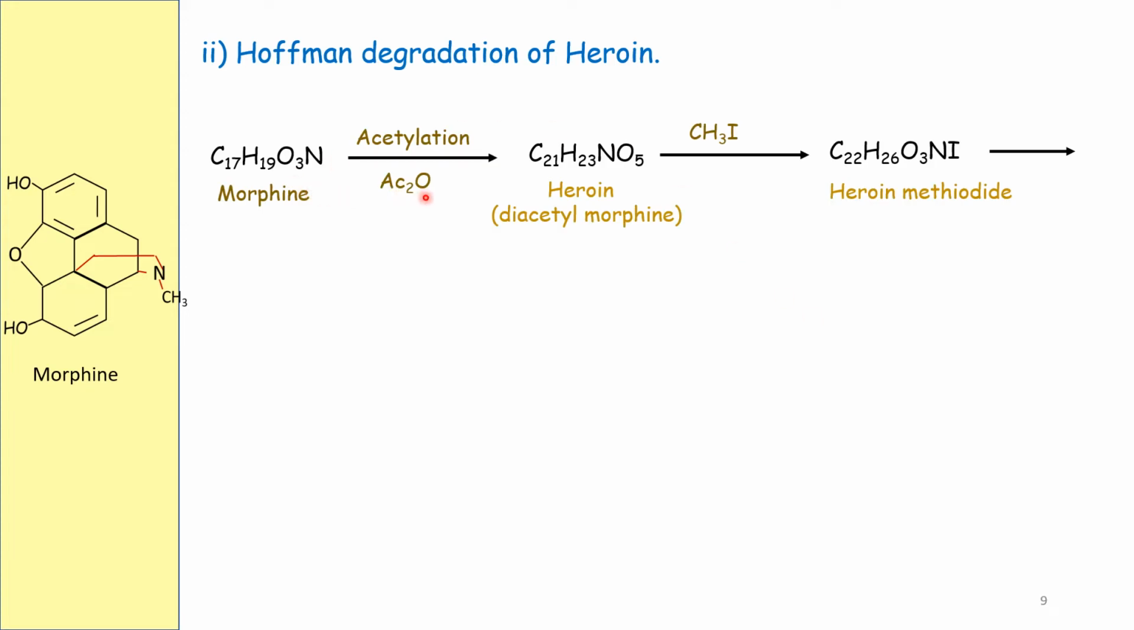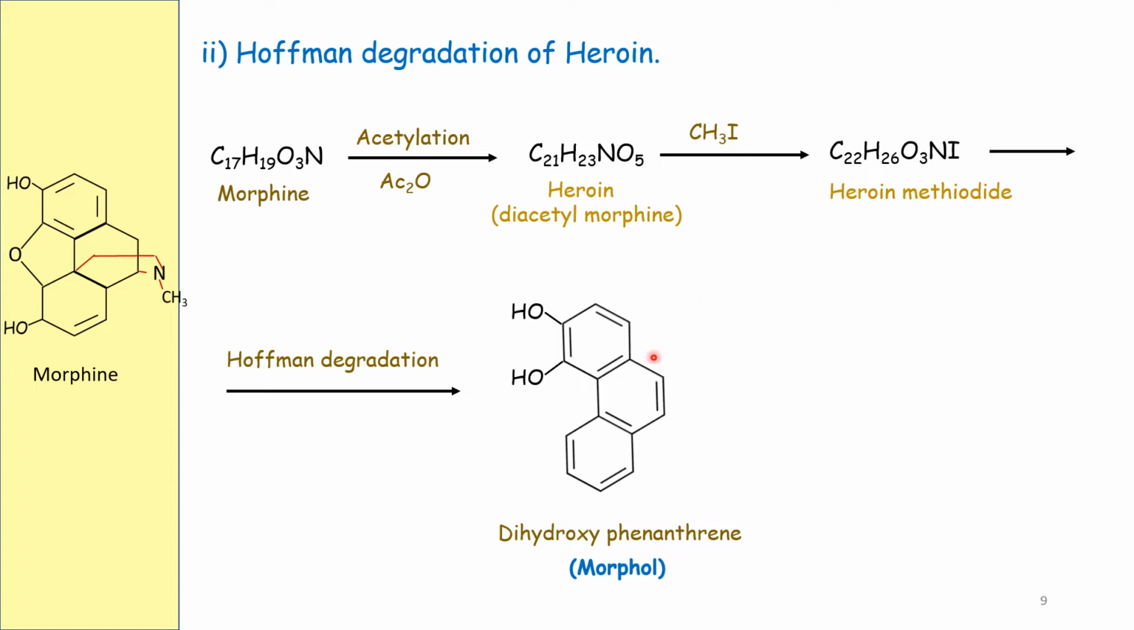When morphine is acetylated, we get the diacetyl derivative of morphine, which is known as heroin. It is also sold in the market as heroin. This is also a habit forming chemical. Its molecular formula is C21H23NO5, which is formed by acetylation of morphine. And this heroin, upon treatment with methyl iodide, gives heroin methiodide, and which upon Hofmann degradation gives